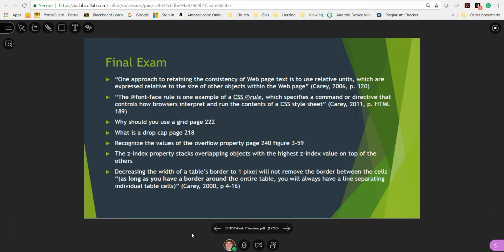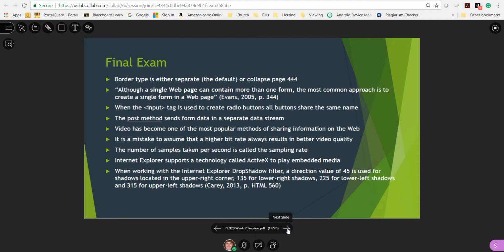Decreasing the width of a table's border to 1 pixel will not remove the border between the cells. As long as you have a border around the entire table, you will always have a line separating individual table cells. Border type is either separate, the default, or collapse. That's on page 44. Although a single web page can contain more than one form, the most common approach is